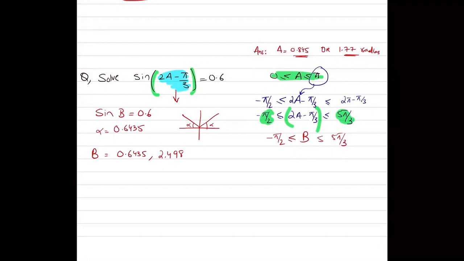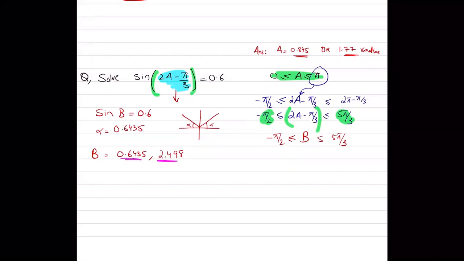Now, since we have negative pi by 2 over here, if I were to take a negative angle, the negative angle would be even lesser than minus pi by 2. So I'm not going to include that angle. I'm not going to take any negative angle because the minimum angle I can have is greater than or equal to minus pi by 2, and I have already crossed negative pi by 2. So negative angles won't be accepted over here. So that's the only two answers.